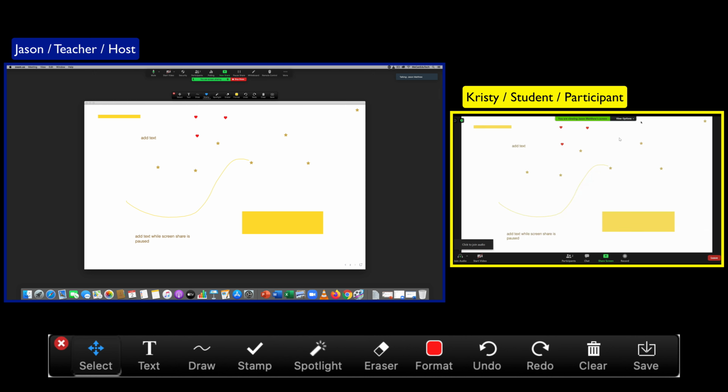And as you can see on Christy's window, the toolbar disappeared. And if she goes to view options, she doesn't have the annotate option anymore. And you can always reverse that at any time in the meeting by, again, going to the top of your window, accessing your control panel, click on more, and then click enable attendee annotation. And now when the student goes to view options, there's the annotate option again, and they can have access to